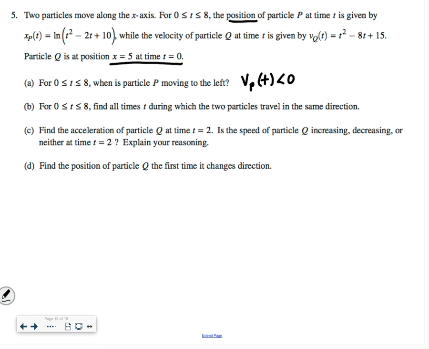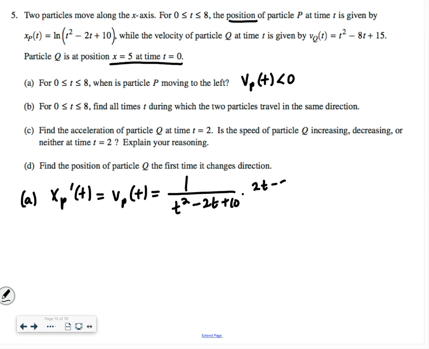So we have the position. Okay, so if we want the velocity, we have to take the derivative. So we're going to do xp prime of t, which is going to be vp of t. So that's going to be the derivative of x subscript p. I know you guys love subscripts, right? So 1 over t squared minus 2t plus 10. And then we're going to multiply by the chain, which is 2t minus 2. So as we start trying to figure out where that's less than 0, we have two critical values. We can factor out the 2 on the top, and then along the bottom,